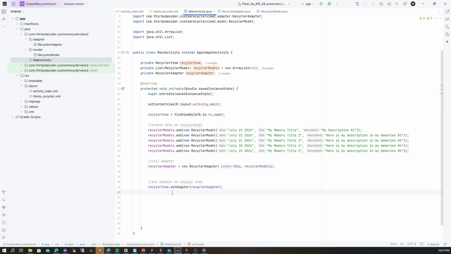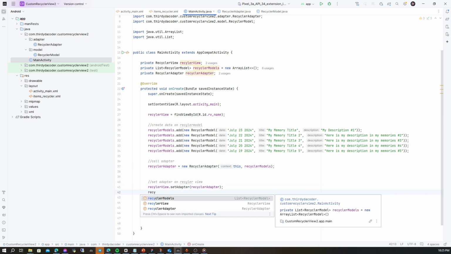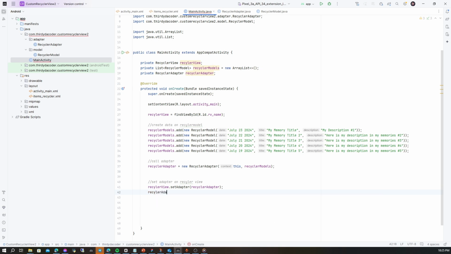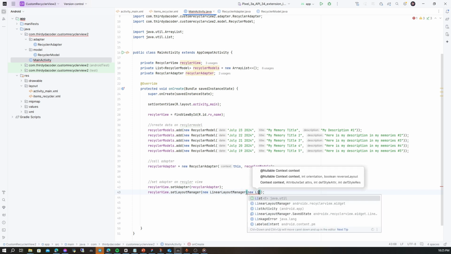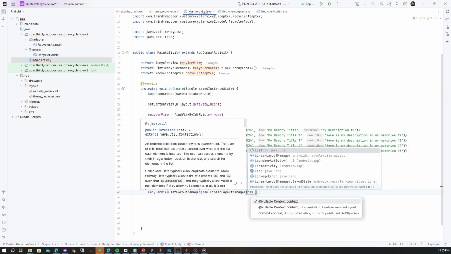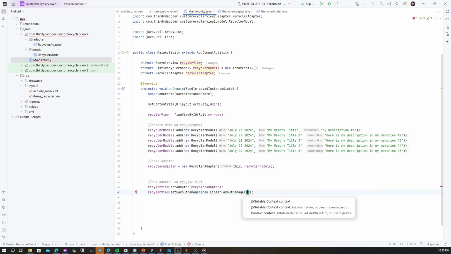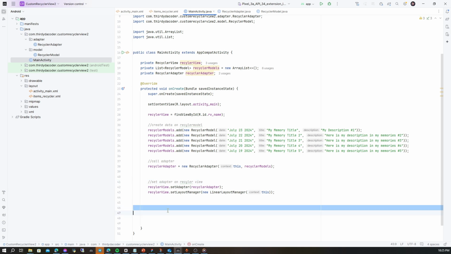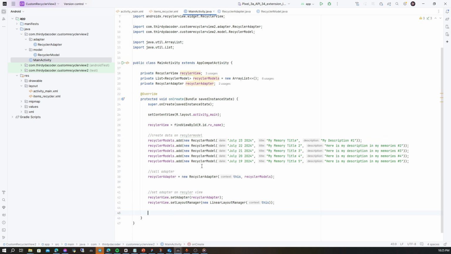Then we can create the layout. Recycler view that set layout manager new linear layout manager. Then we can create a new object, add this, then we can run it and we can see the result.